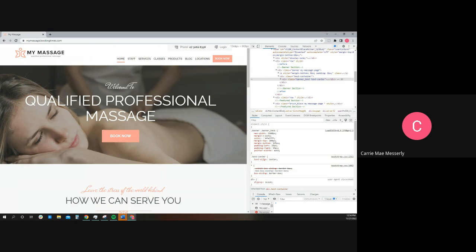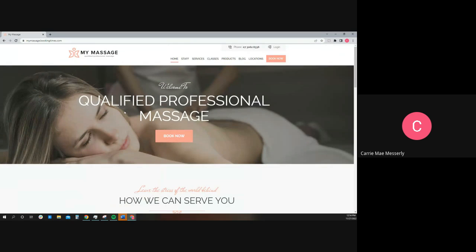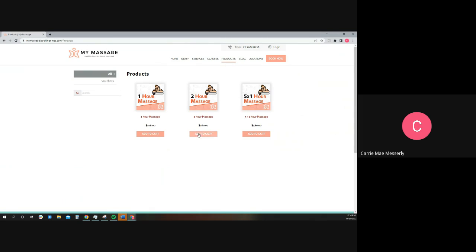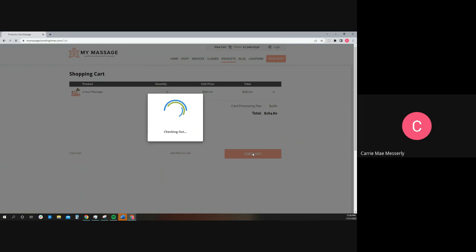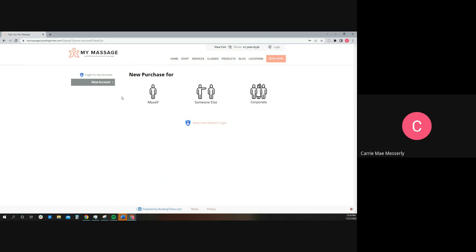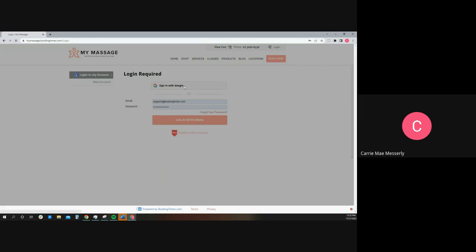Now, a lot of people have a hesitation of moving from their current content management systems, such as WordPress or Shopify, simply because they already have a website built. However, our team can handle the migration of your system and any of your design elements to the BookingTimes system and platform. The benefits of having full integration include the ability for people to purchase products directly from your system, even gift them to somebody else, and have a full account and record of where that happened without any manual movement on your own part for making those vouchers available through your booking system, which makes things a lot cleaner and also allows for us to give you a full reporting on what's going on with your business,